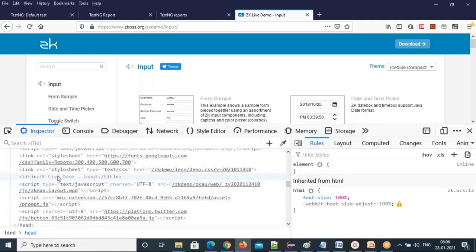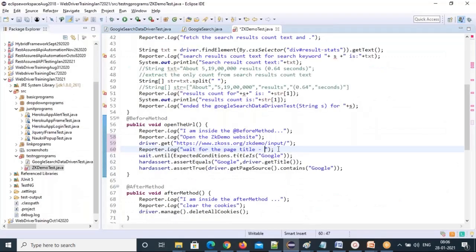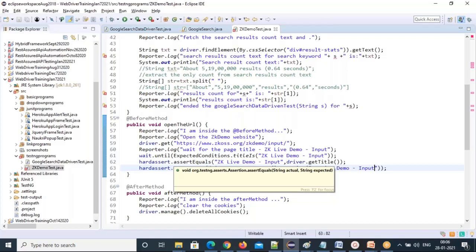Here is the title. Copy this value and paste it in the validations. You can use assertions for the title as well. That's it. This is my before method.